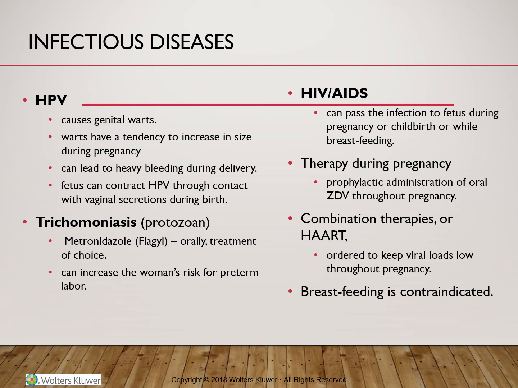The transmission happens during unprotected sexual activities with an infected partner. It can be transmitted through both hetero and homosexual activities. The virus will enter the body through the mucous membranes, and that will include the genitals, rectum, mouth. Once infected, the patients will not feel sick immediately and may transmit the virus to others for long periods of time.